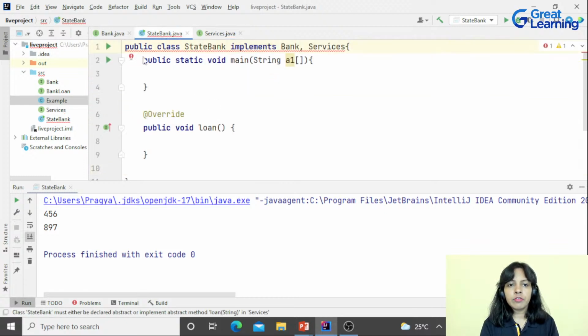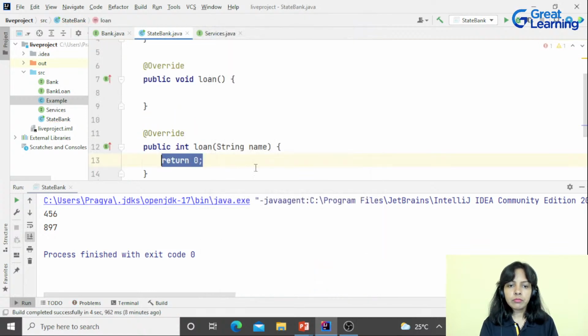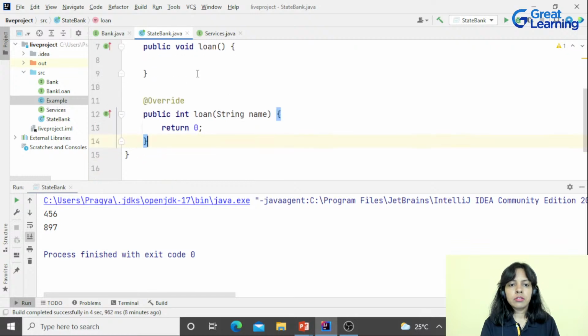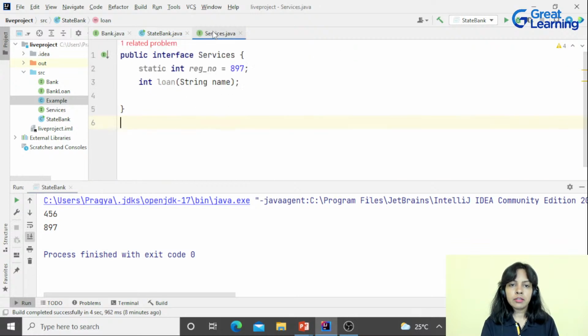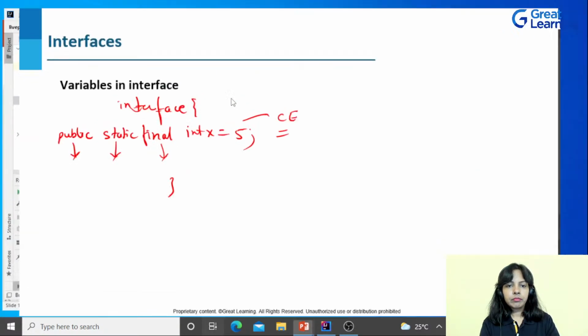Then it will ask to override the method, and now it is correct, right? So, okay, few tips and tricks also I gave you with respect to interface and packages.